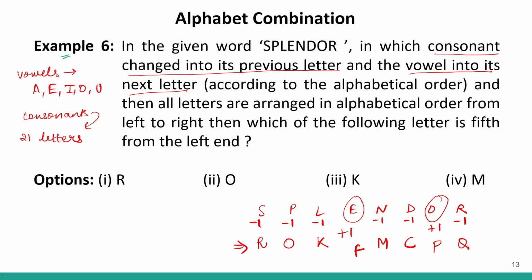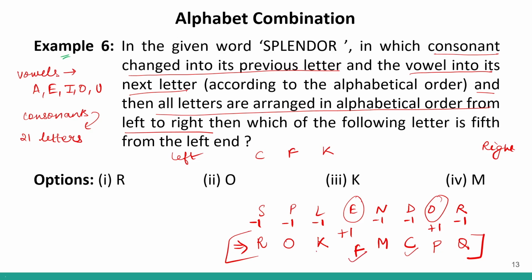Okay. Now, all the letters are arranged in alphabetical order from left to right. So from left to right, we have to arrange these alphabets in increasing alphabetical order. So the first one will be C, correct? Then we will have F. Then we will have K, right? C, F, K. Okay. Then we will have M,